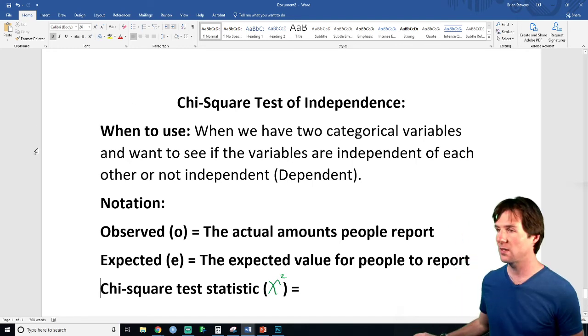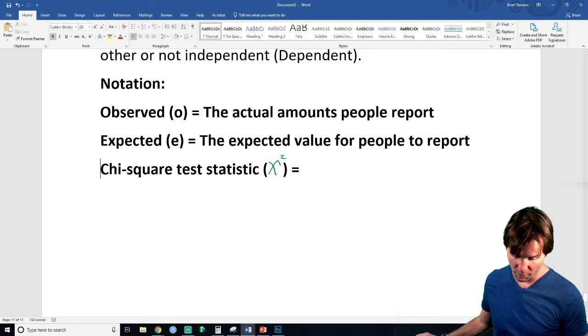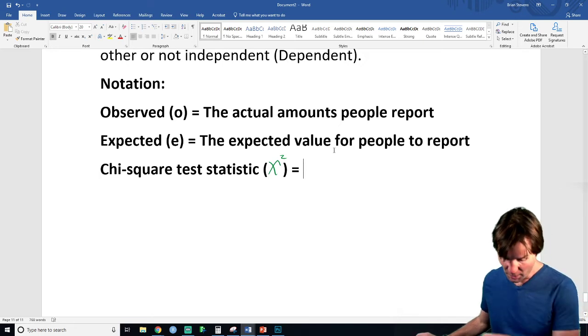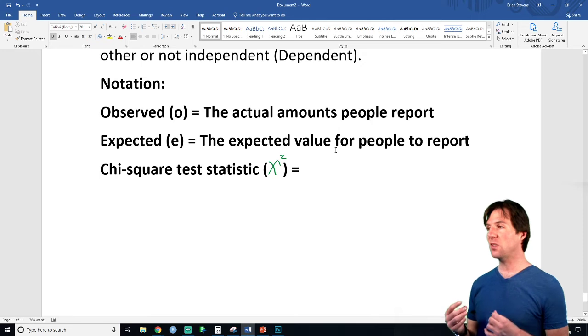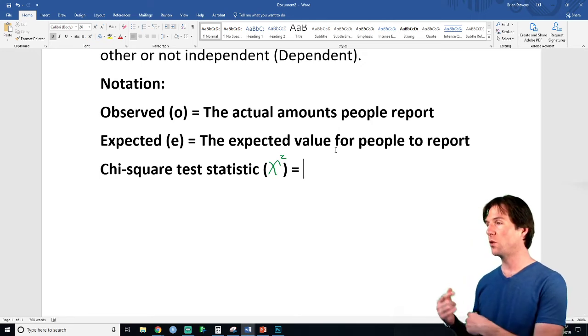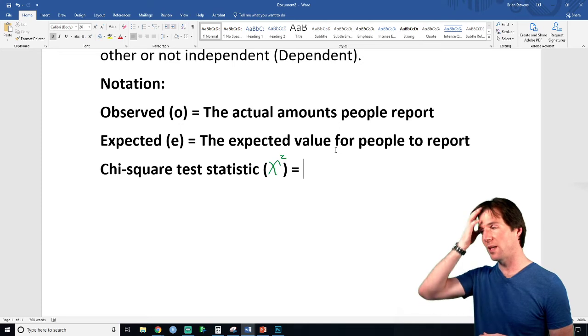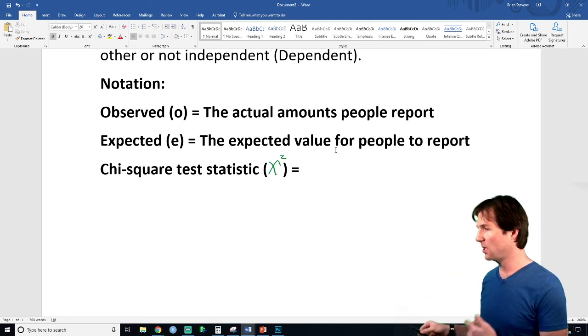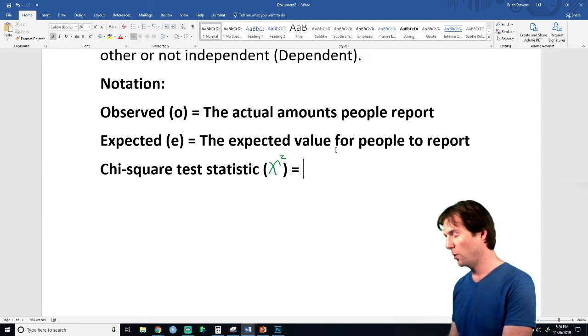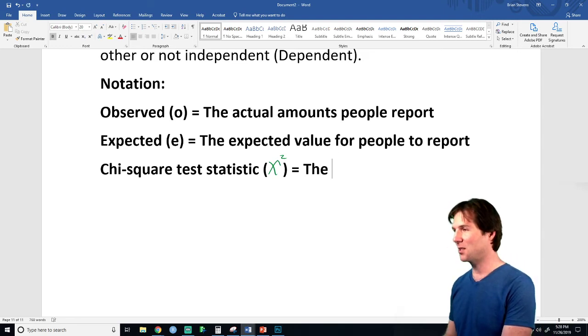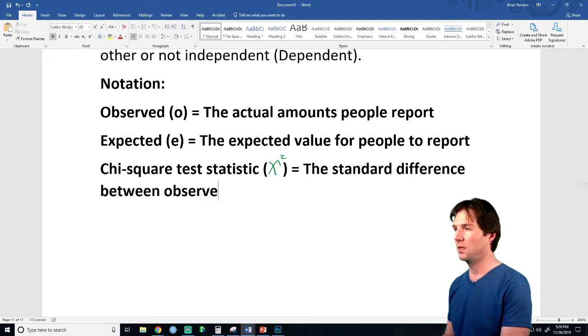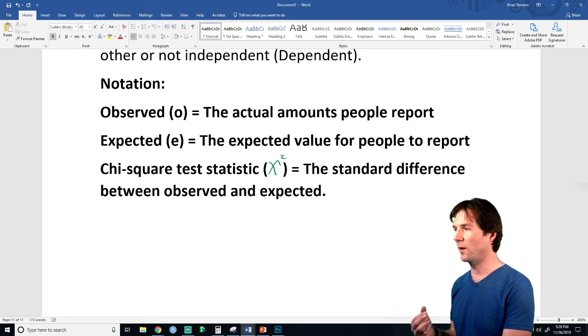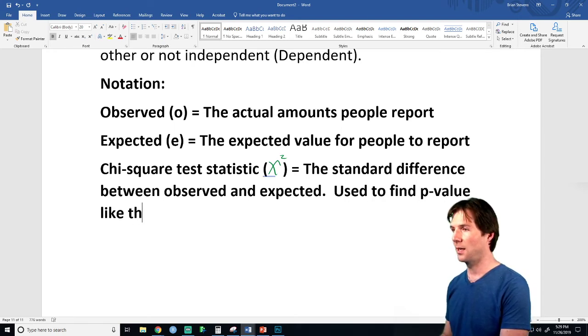So that is the chi-squared test statistic, and let's try to make sense of it as we talk about it. It's basically our t or z now. So this will be our t or our z that we're using, and it's going to give us the standardized difference between observed and expected. Sure, we're going to square it, we'll look at that in a second. It's used to find the p-value like the t